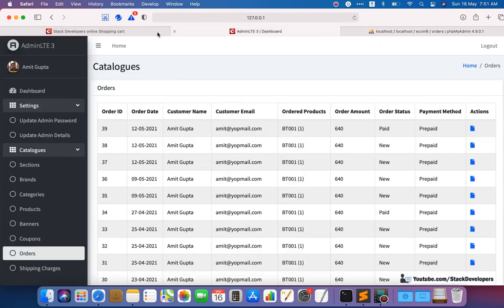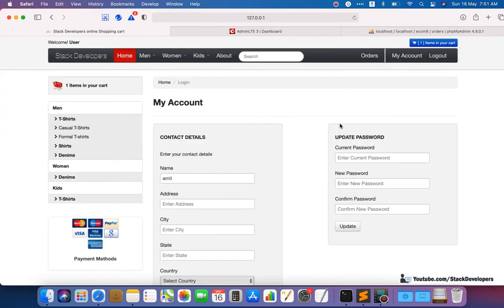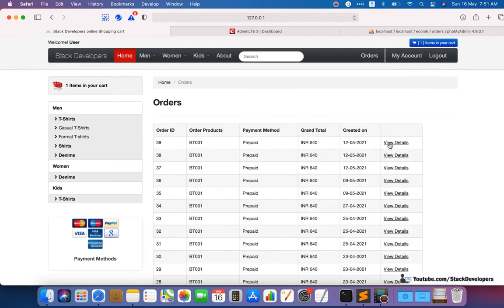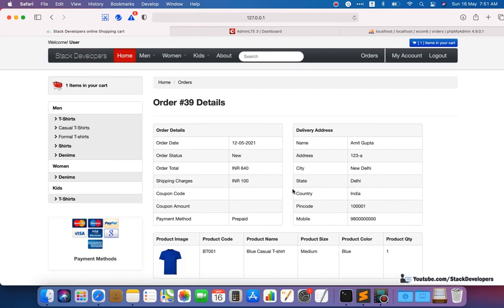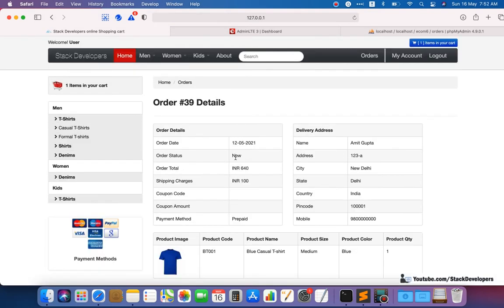So if the status is not showing as paid, if you check in your user account as well, you go to orders and check the status and it's not paid. You can check the status here, and it is new, not the paid status, and also the thanks page does not come to you, and the email also does not come to you.